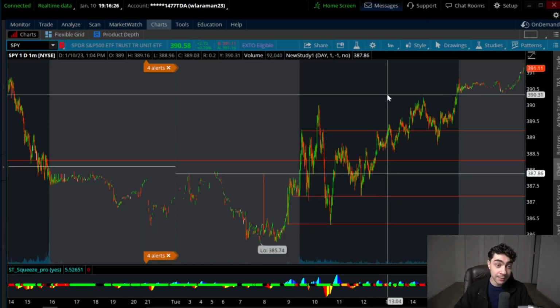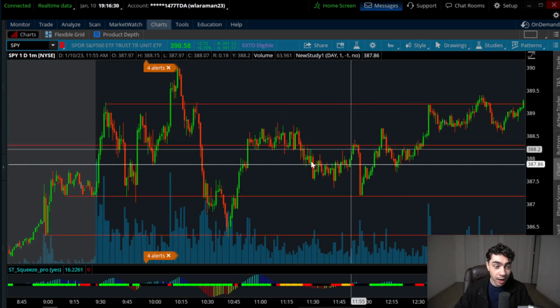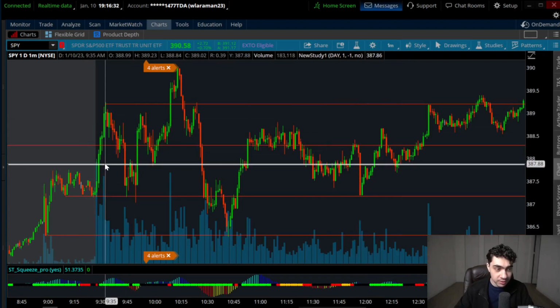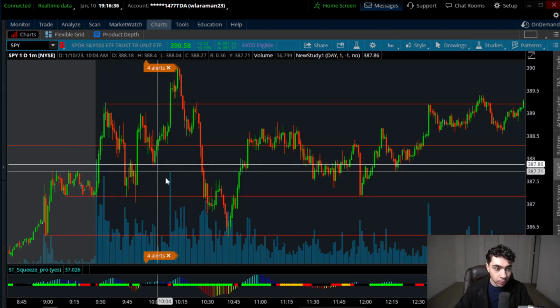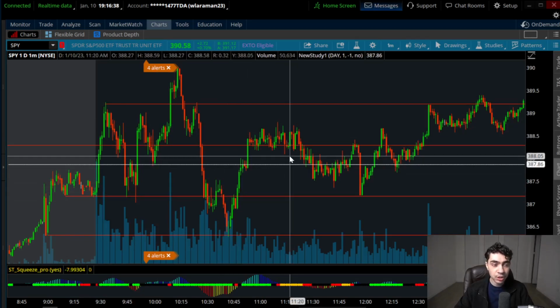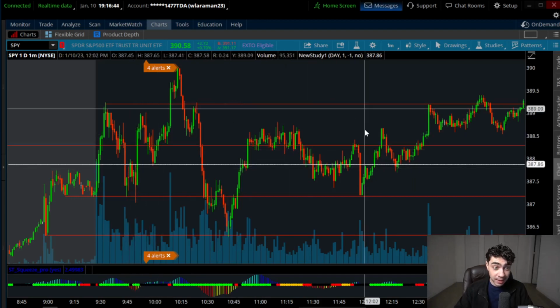Overall, I didn't find it to be an easy day to be trading. You can see the previous closing price was more of like the middle of the zone today. It wasn't the top, it wasn't the bottom. It was more difficult. It was more of the middle. Sometimes it's going to be the middle, but it's usually either the top or the low in most situations, depending on where the price is. But it was overall a choppy and sloppy day